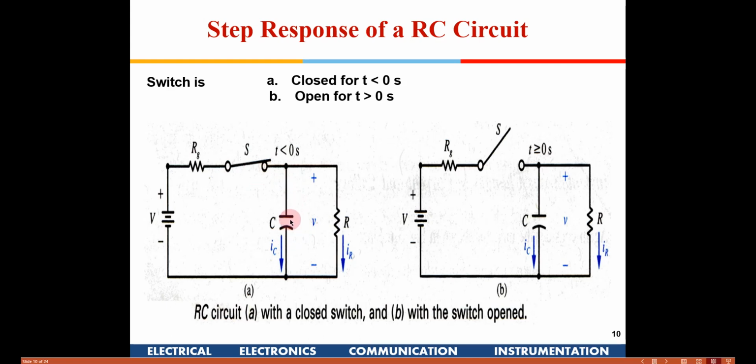So in a steady state, there won't be any current flowing into the capacitor, so you can consider the capacitor to be an open circuit, because whatever charge needs to be deposited onto this capacitor has already been done. So what would be the voltage? V is applied here. You have Rg here and you have R here, so it is like a potential divider. The voltage across the capacitor initially will be V into R divided by R plus Rg. Is it okay now, all of you?